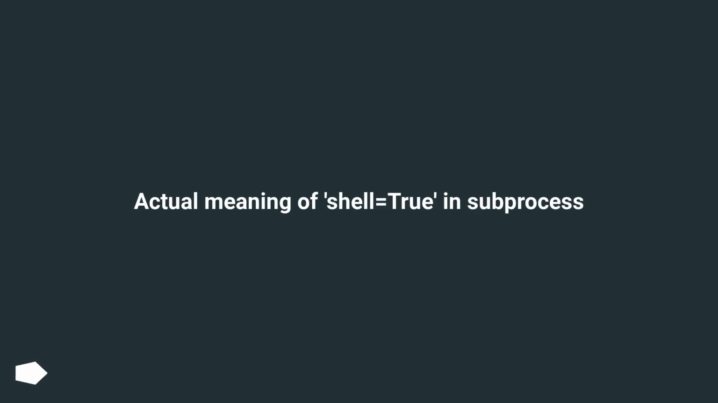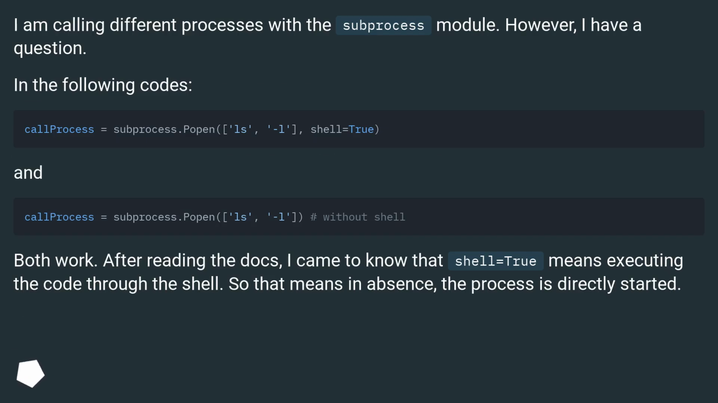Actual meaning of shell=True in subprocess. I am calling different processes with the subprocess module. However, I have a question. In the following codes,